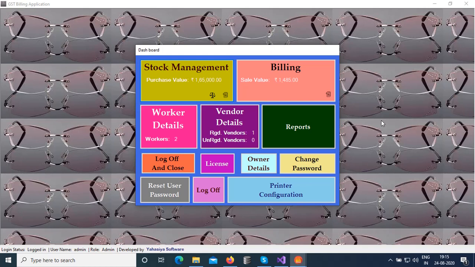Previously we had only a GST compliant billing system, but when I went and interacted with some of the customers, I got the feedback that some of them are not applicable for GST. Their annual turnover is less than 10 lakhs per annum. At the same time, they want to use computer based billing.